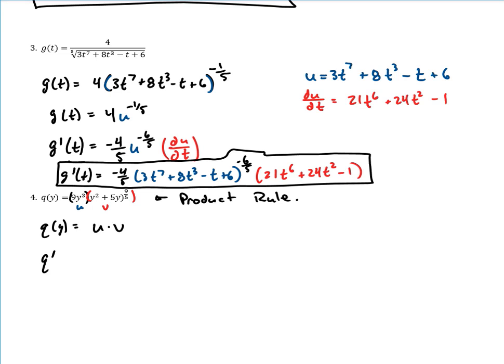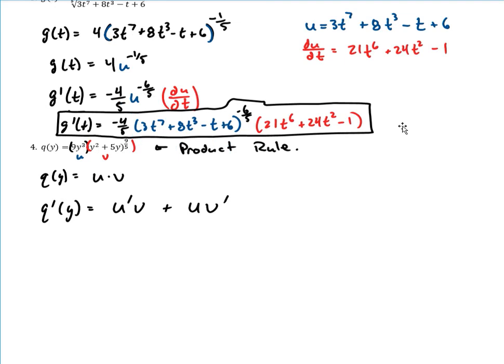And then the product rule tells us, well, let's set it up, q prime of y. The way I use the product rule, I just write those letters and then put a plus in between. So I just write them twice, and then I go back and say, hey, I should alternate my primes. So u prime v plus uv prime. All right, and then now I would want to start plugging some of these in, or the ones I can. So let's see. I'm going to start plugging things in if I can, and then put a pause if I can't. So u prime,